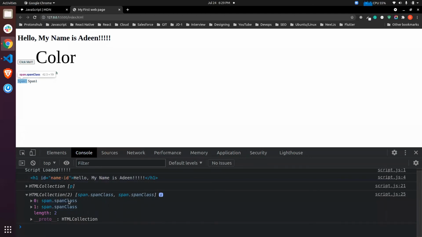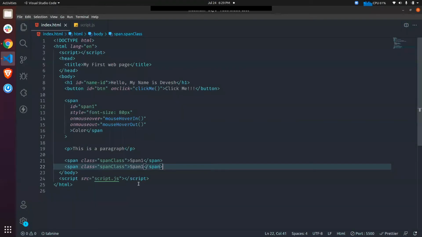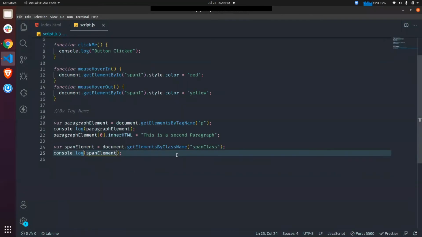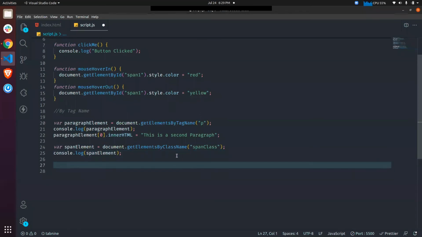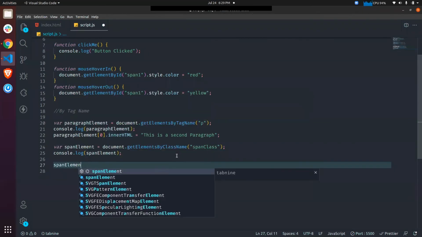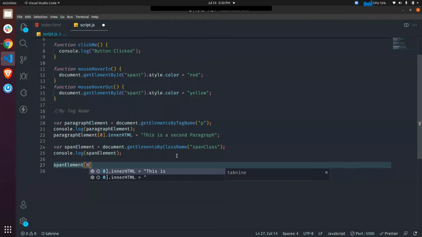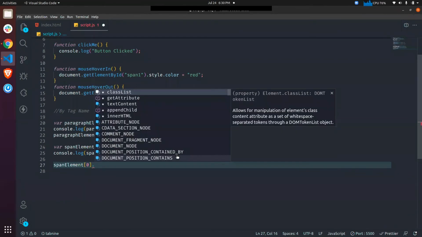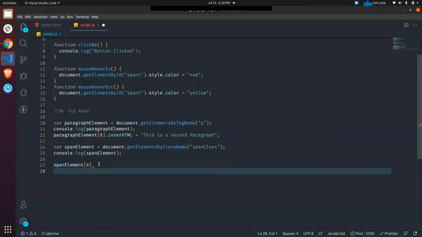So let's say we have to change the text of span 1 to some other text. We can get the span element and specify the place. It's the 0th index, so it's the first element. I'm writing 0 because we are using arrays. We'll play with arrays in upcoming lectures.